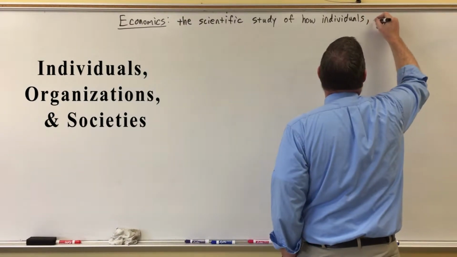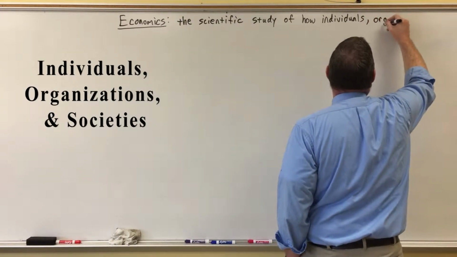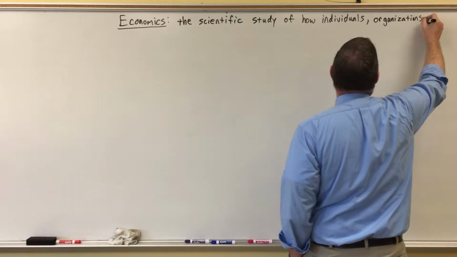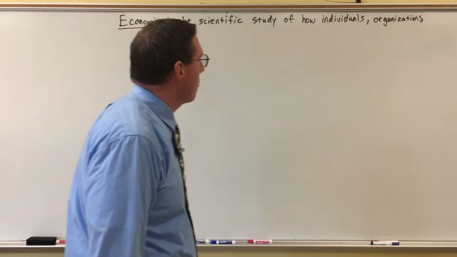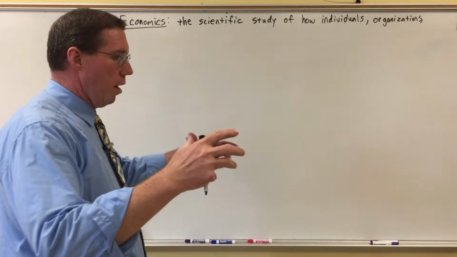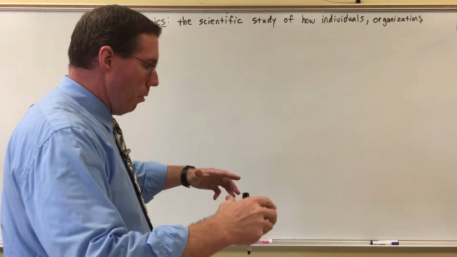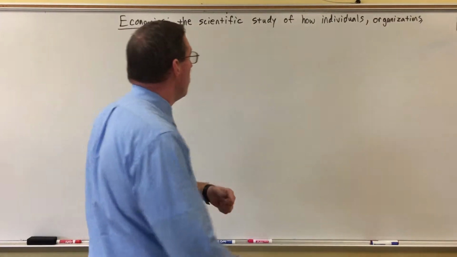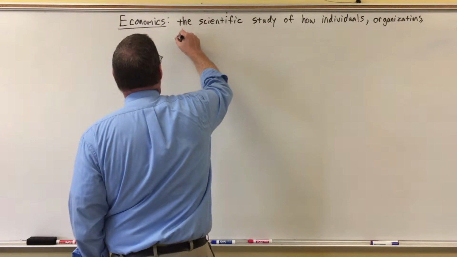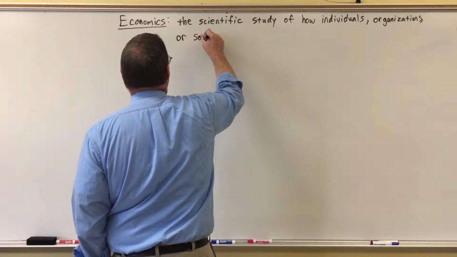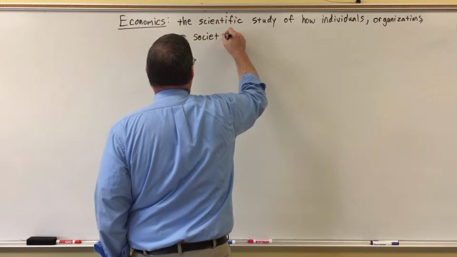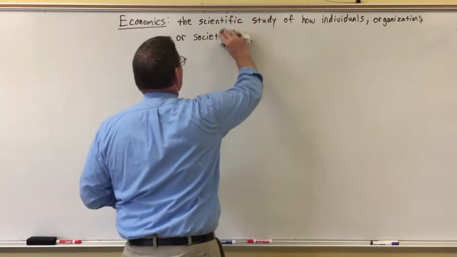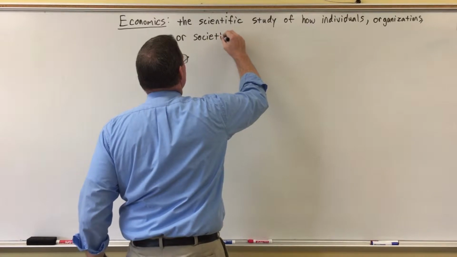Individual people, organizations, so that's like businesses or maybe government organizations or not-for-profit organizations, groups of people who come together to either make a profit or achieve some kind of goal, or societies. Now, a society is like an entire country or an entire city or an entire state, okay? Change that to societies. Or societies